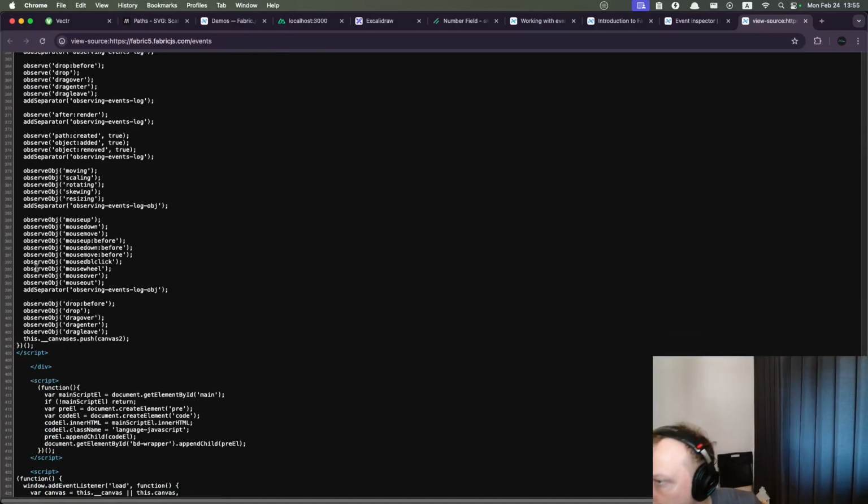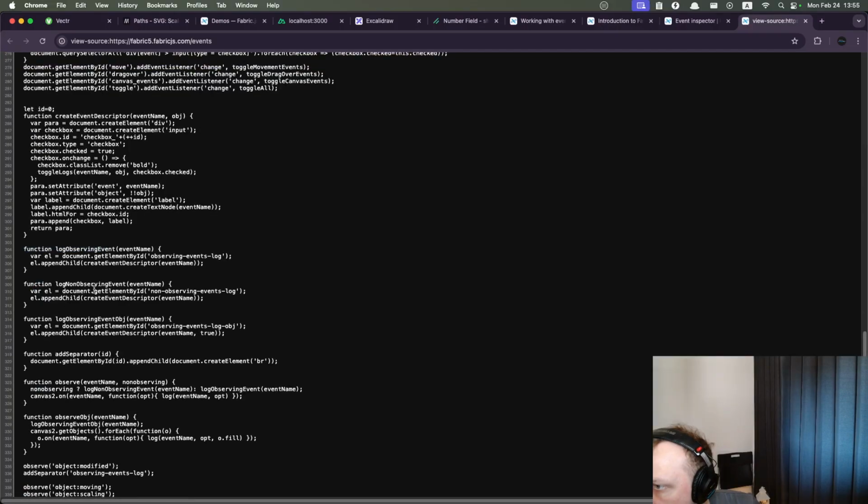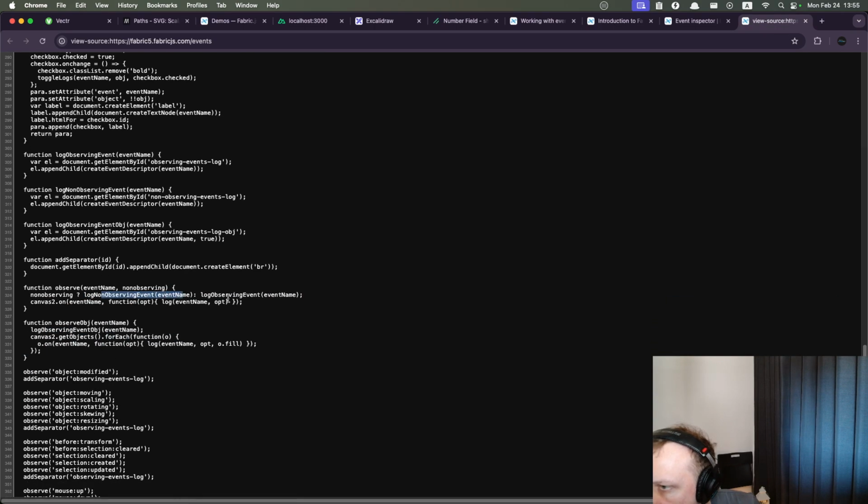Okay, we also have observe object on mouse up and different other things. What is this? Observe event name, unobserving. Canvas on event name. Ah, okay. Function log event. Okay, so this is doing it